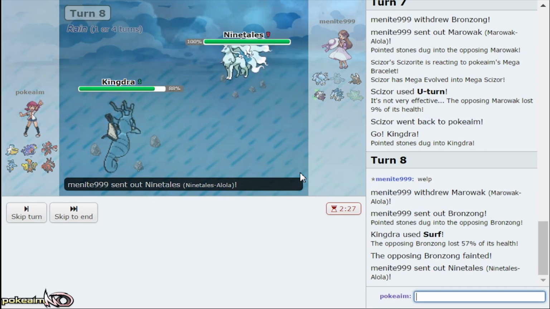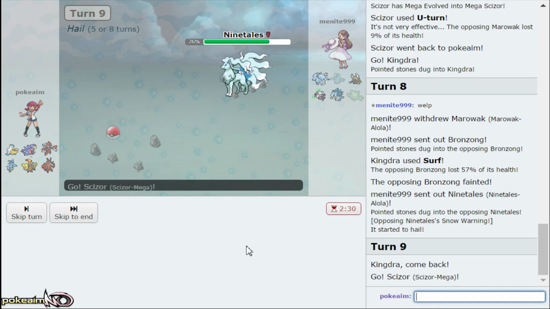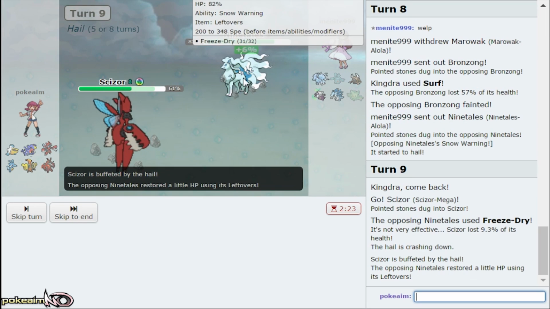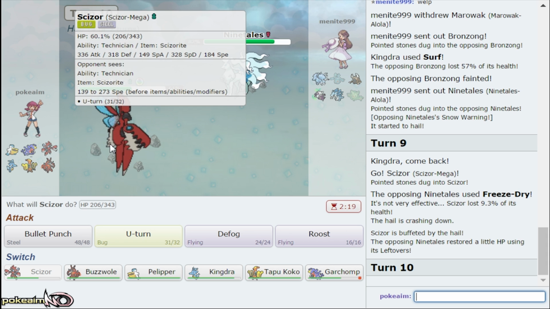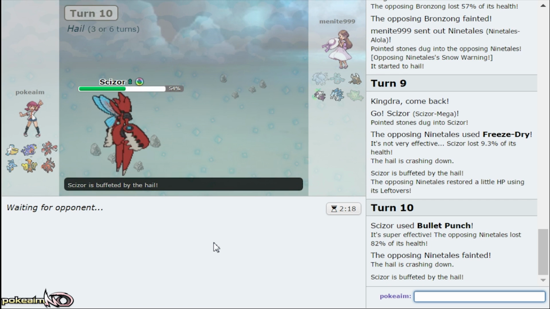But dies to Surf. Ninetales is going to come out. Not quite sure what I'm supposed to do versus this, but doesn't Scizor wall this now? Isn't that funny how Scizor actually walls? But Scizor, it looks like Scizor walls. I kind of just want a BP. I don't know what Ninetales actually has, but I'd much rather get rid of it right now, as the